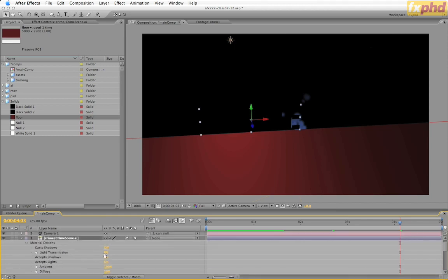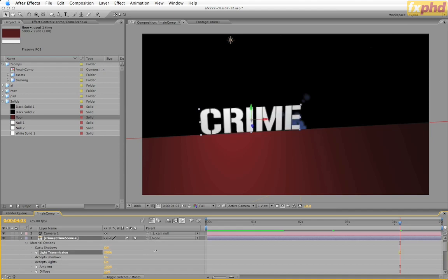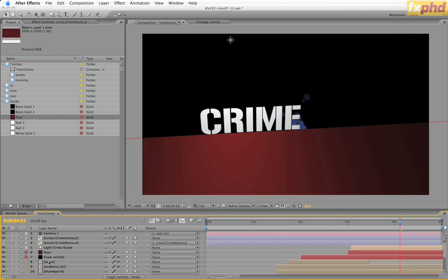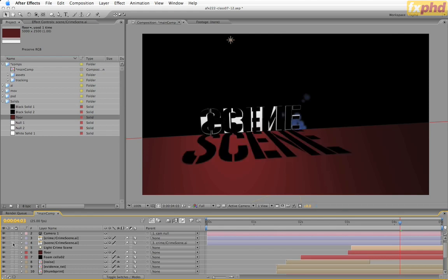If we adjust light transmission, then we can allow the light to kind of bleed through the letters. So I'm going to set that right up to 100. We don't want this layer to cast a shadow, so I'm going to leave cast shadows off for the crime layer. So at the moment scene is switched off. If we switch that on,